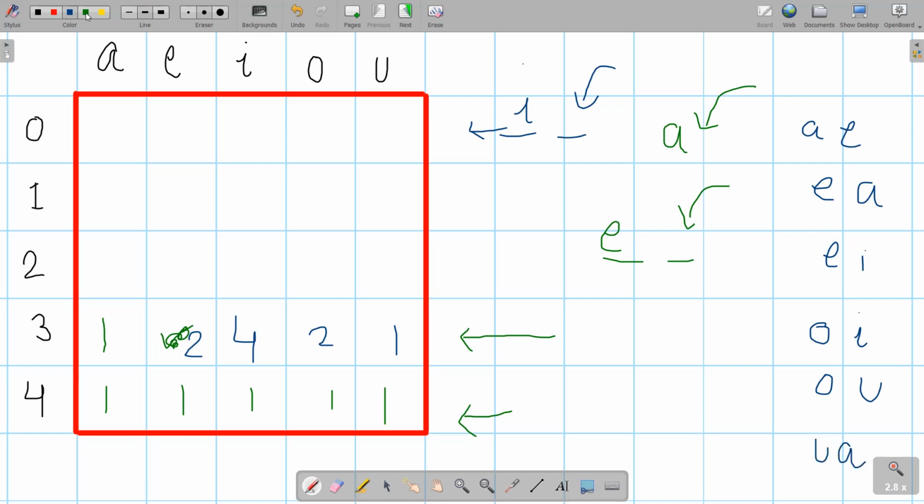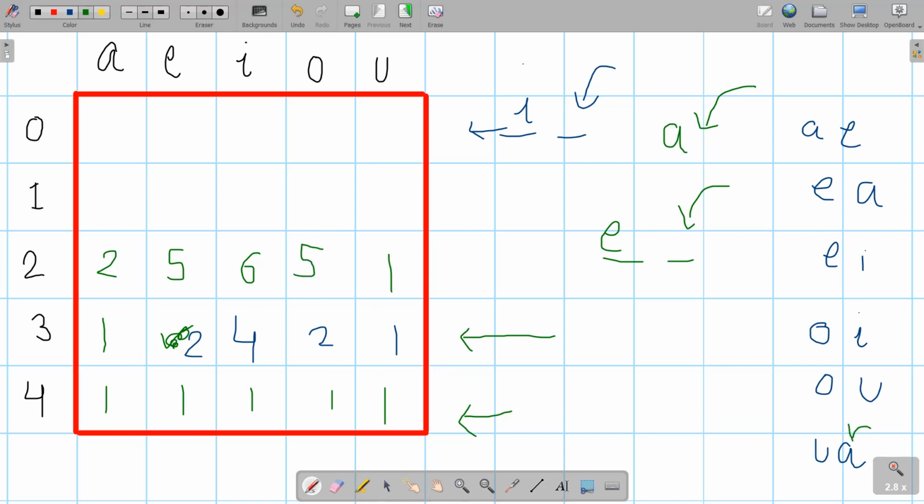You can see I want the current character as A, so I should add up for the E, one. So it should become 2, and for E I should add for A and I, so it should become 1 plus 4, 5. And for I I should add this value, this value, this value, this value. So it would become around 4, 5 and 6. And for O it should be added with I and U for the next row. So I is 4 and U is 1. So it should become 5, and U should be added for A because the next character should be A.